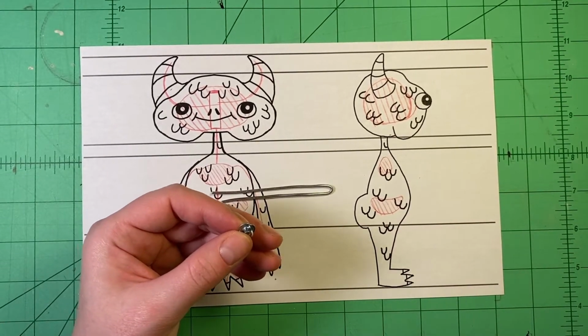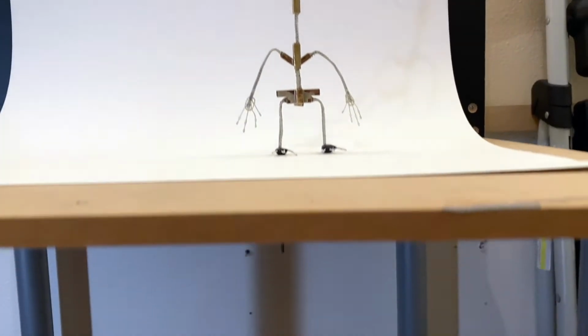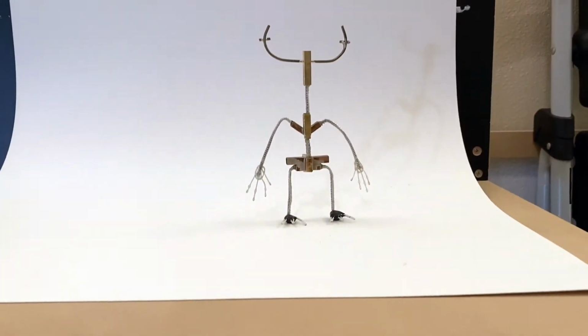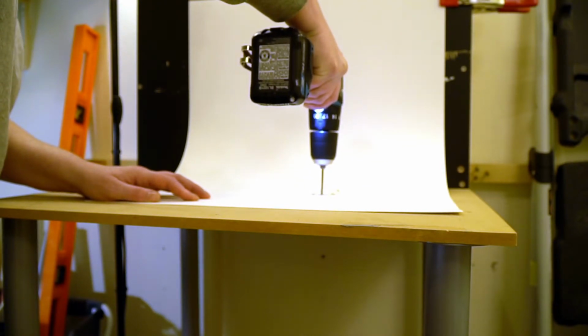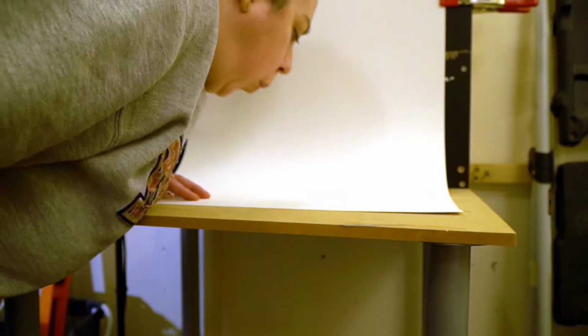This is a T-nut. It's a 440 threaded rod insert with 3 teeth that can loop onto armature. Basically, it's what ties down your armature to your shooting stage like this. If you're not familiar, the way that you tie down a puppet to a shooting stage is you drill a hole into the shooting stage,